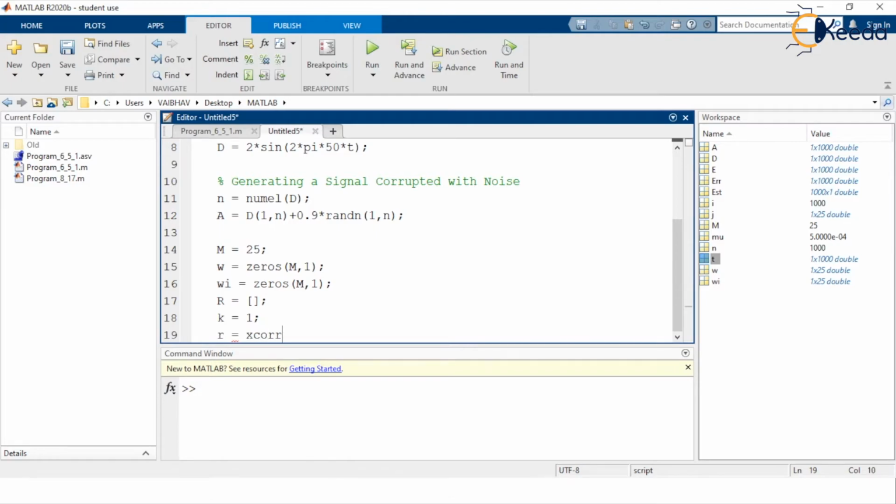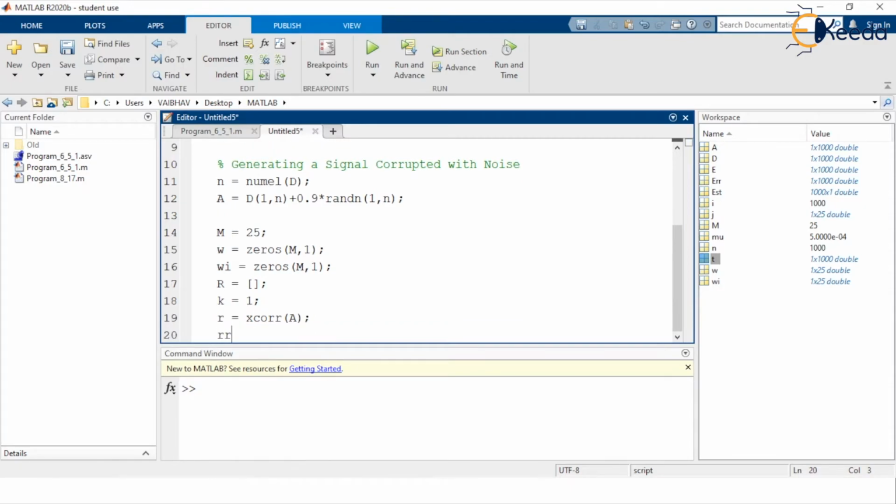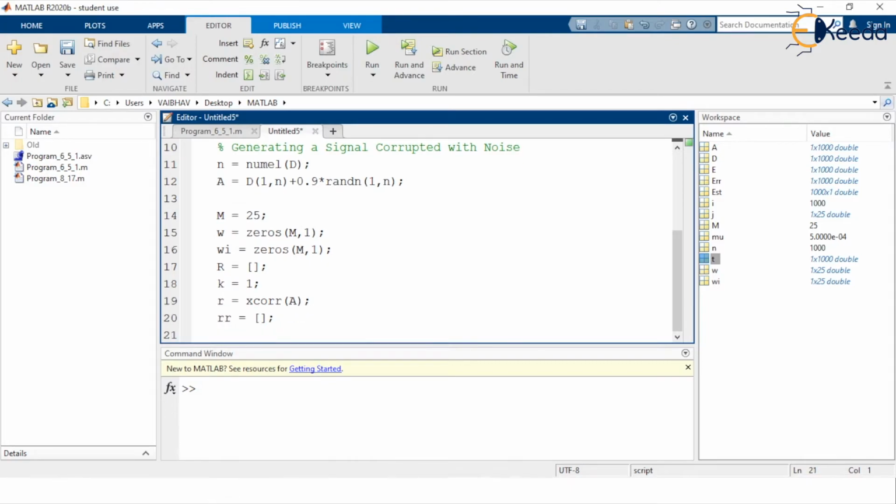So for that purpose xcorr here, and the input argument we are providing is only one, so that will be the autocorrelation information. So it will be for the actual signal capital A here. Then we require another variable RR that is to be initiated as empty, and then the use of for looping here.